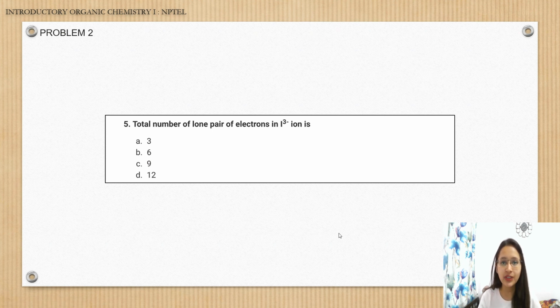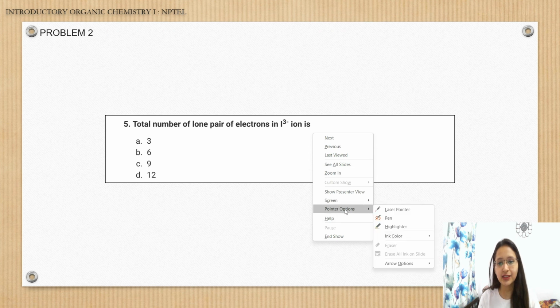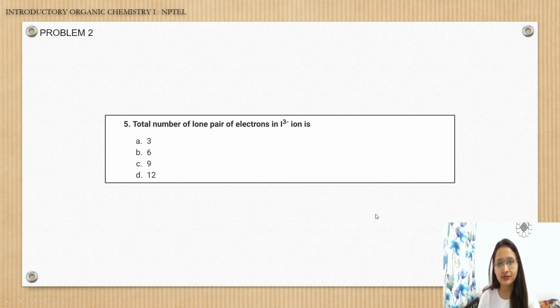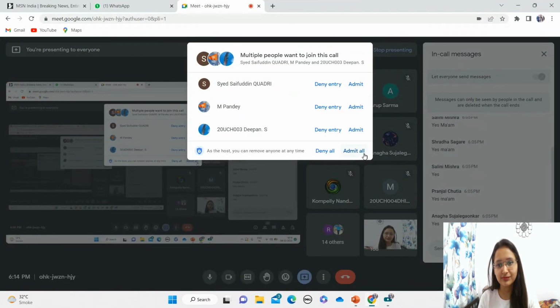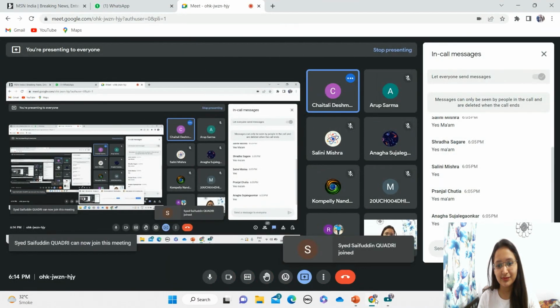Okay. So coming to question number 2. Here they are asking the total number of lone pair of electrons that are present on I3 minus ion. Here this I3 is corresponding,